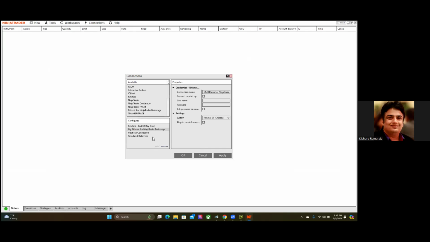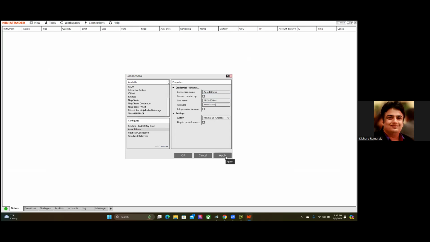In the credentials, you can rename the connection name as Apex Rithmic or something, because in future you may have 10 different companies. For you to easily identify, you can put them like Apex Rithmic, and then you can copy paste the same credentials which Apex might have sent you. When you signed up for the Apex Rithmic account, they will send you a username, password, license. So we have to basically copy paste that information. Make sure you are only copying the